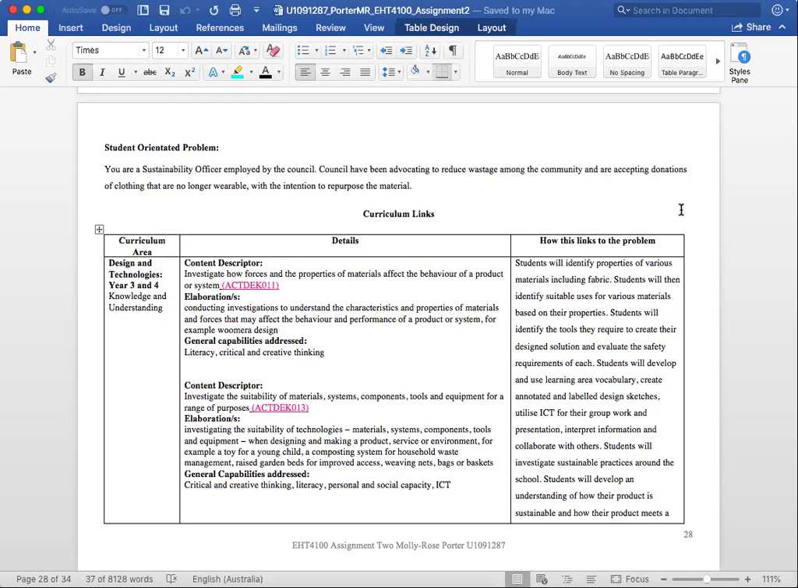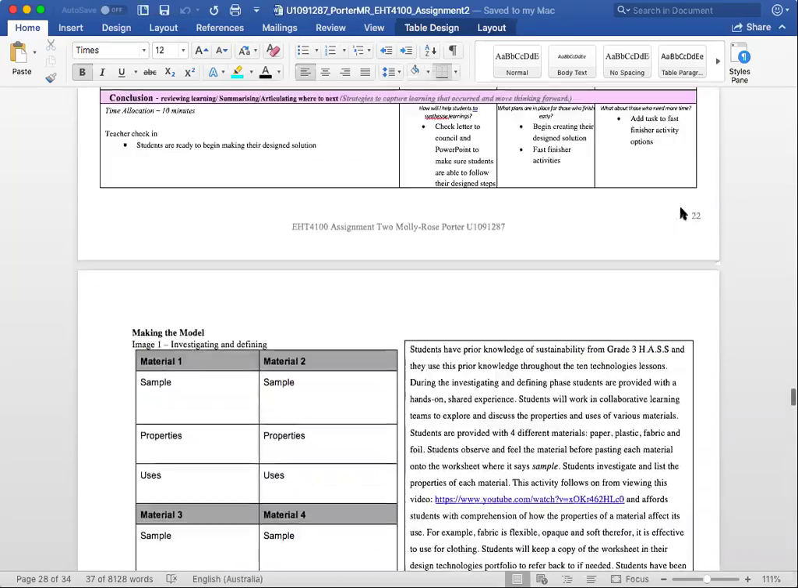They collaborate in groups to brainstorm ideas and record their ideas before they create the solution. Then they create the solution and they present this to the class. So firstly, they